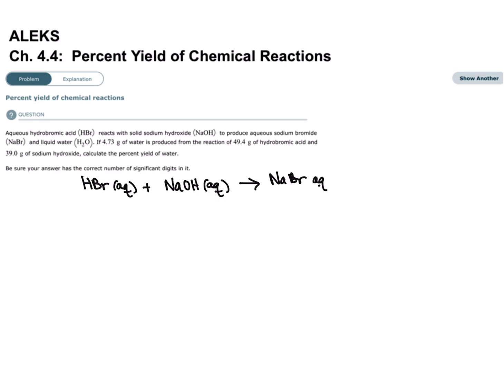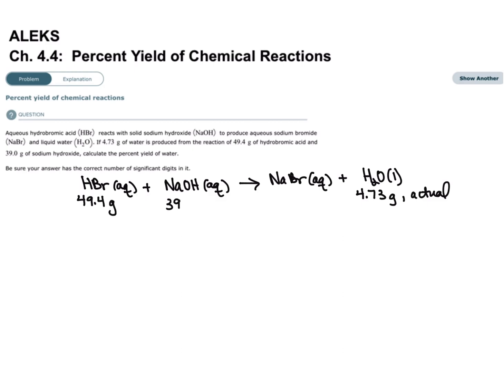So HBr is an acid, NaOH is a base. It reacts to yield a salt and water. So this is a neutralization reaction. I also want to place my given information right underneath my reaction. So it says if 4.73 grams of water is produced, so this is called my actual yield, from 49.4 grams of hydrobromic acid